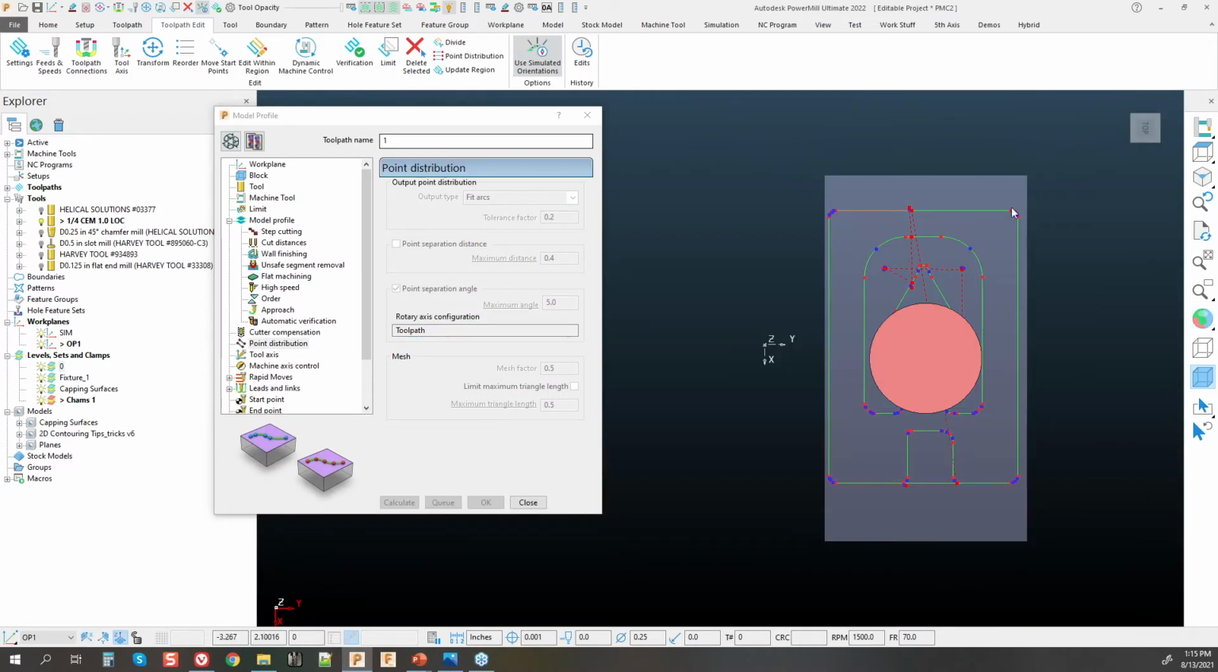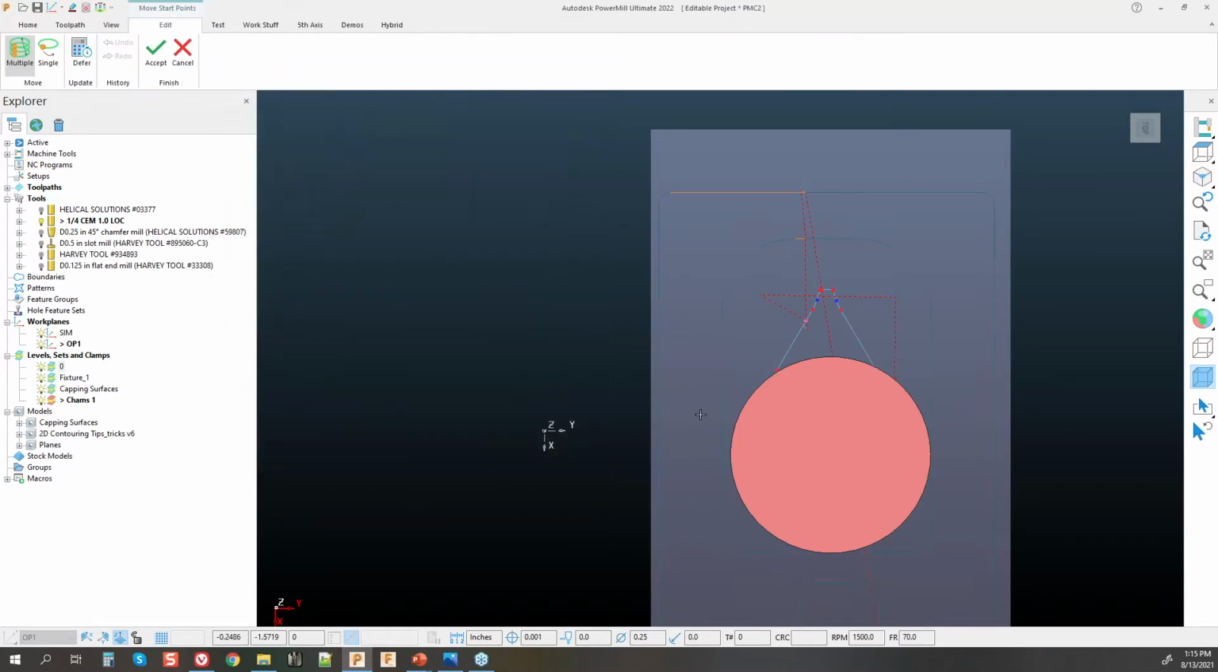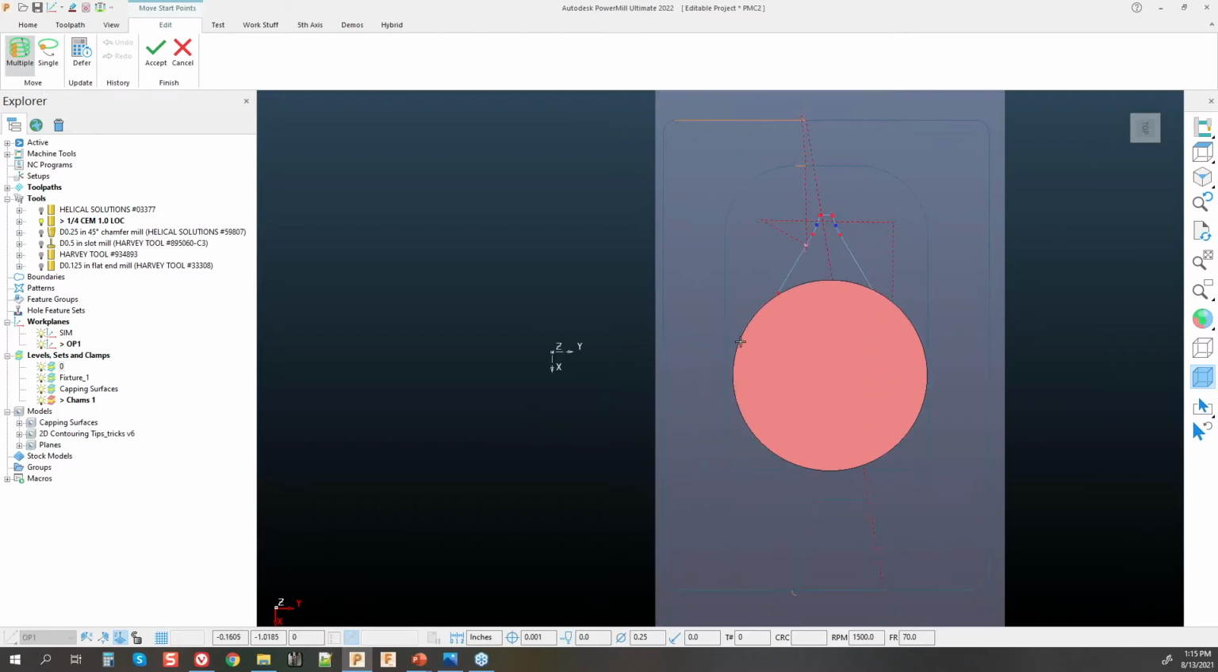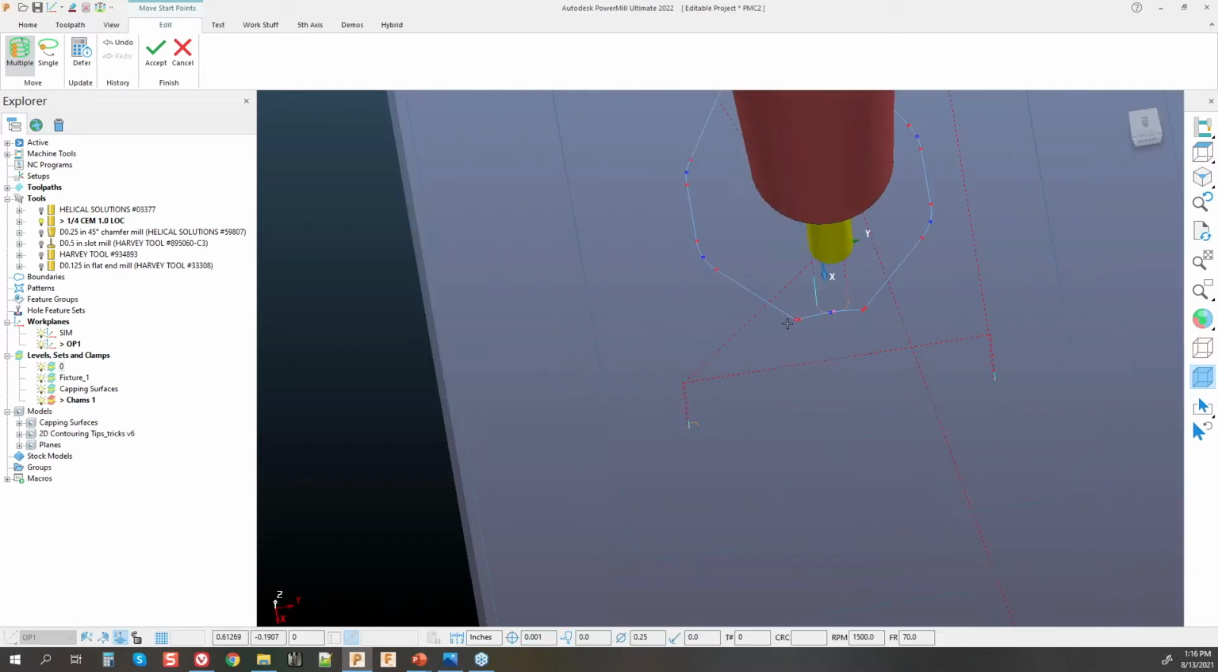Always good to go to a top view when you're doing this. But as I do that, that should alter the start point. Oh, there's a lead in, lead out issue there. All right, well, let's go to one of the standard contours here, and let's put that towards the middle just so you can see a start point move